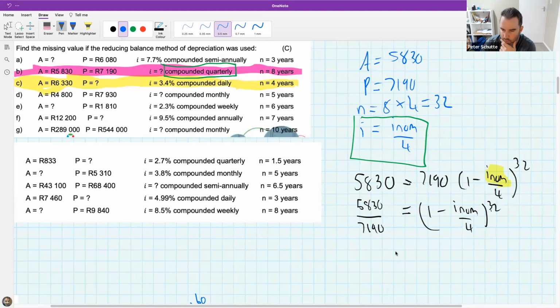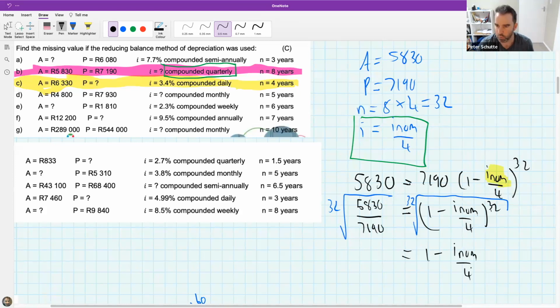Okay, so now how do we get rid of the power of 32? We have to take the 32nd root of this. I'll even put a long messy value in there because it might be useful to understand what's going on. So this is going to be 1 minus